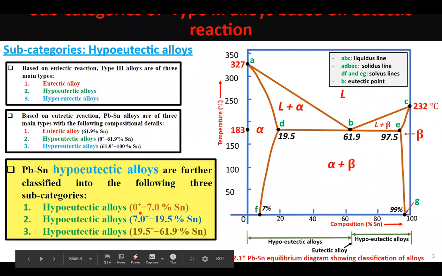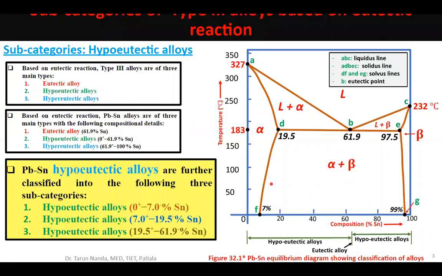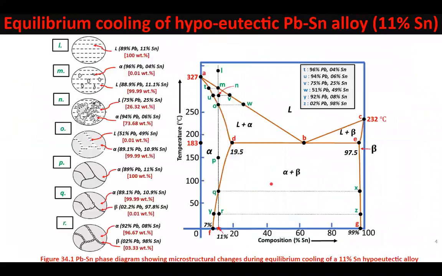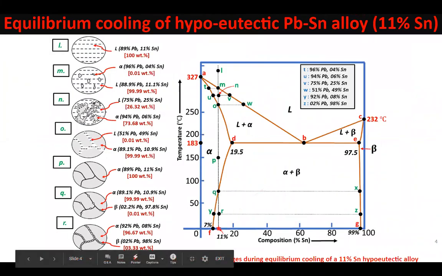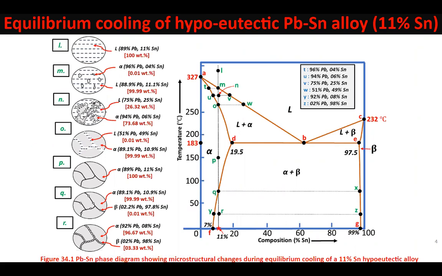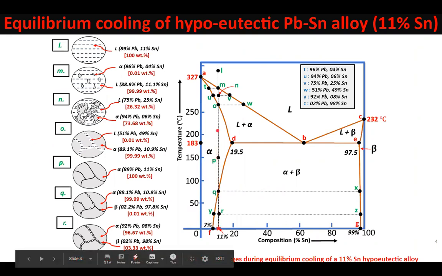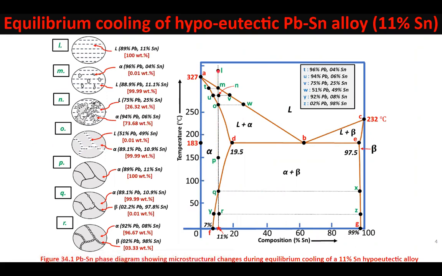We took the example of 5% tin alloy. Now we are taking the second case. If a hypoeutectic alloy contains anything between 7 to 19.5% tin. So for your reference, we are considering an alloy which is containing 11% of tin in it. So we take this alloy at a very high temperature. We mark this composition, draw a straight vertical line, and take this alloy at a very high temperature, represented by